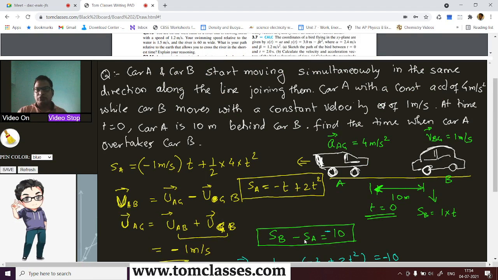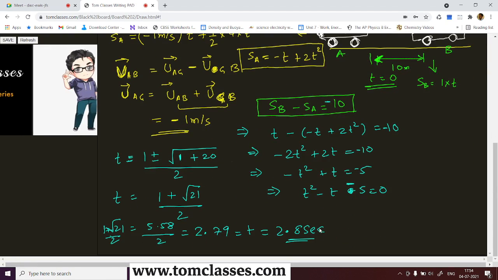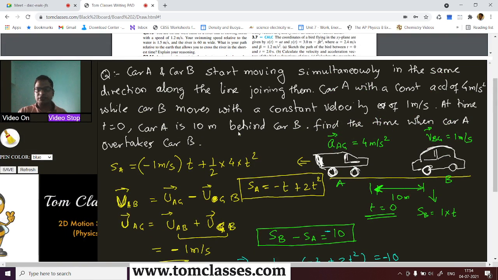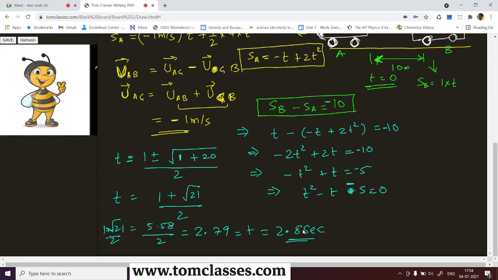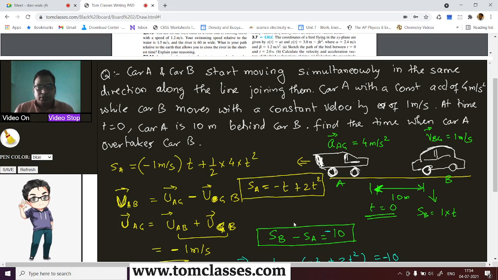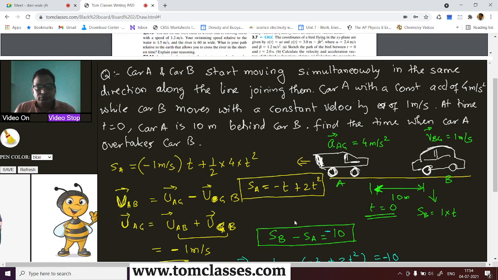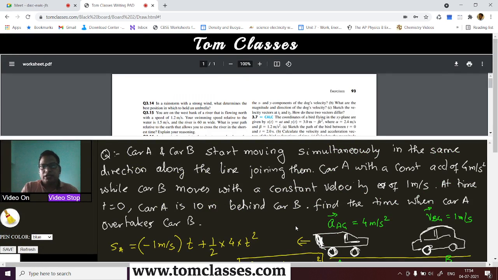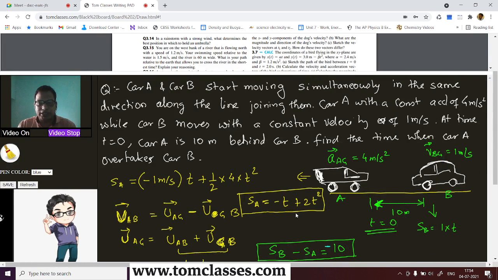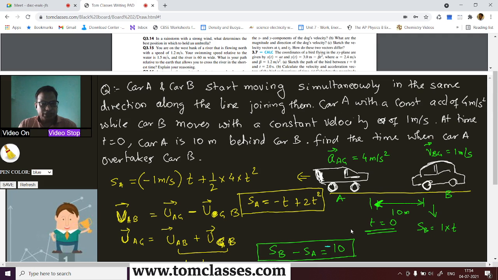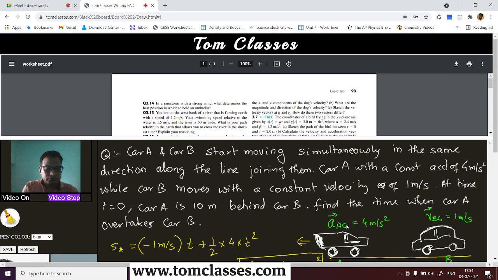Okay, so it will take around 3 seconds. All the distances are in meters. So that much distance and that much time it is going to take to cross each other. Is this okay? Yes, sir. Alright, so let me save this. If we are interested in finding out how much distance the two bodies have traveled, we will plug in the value of the time, and we can find the distances which they have covered.